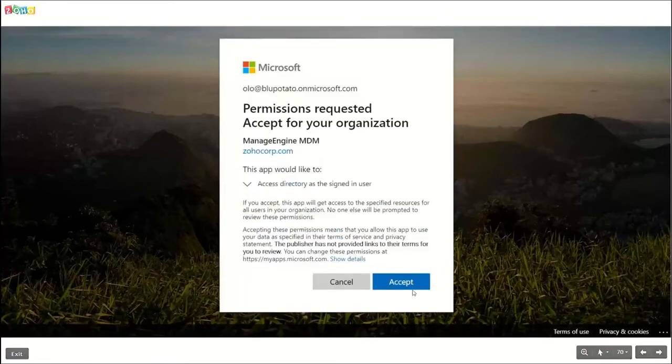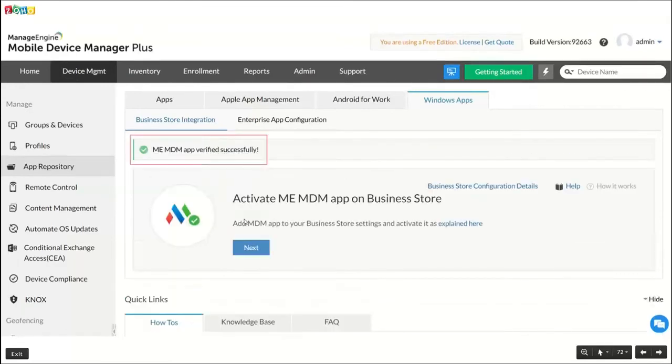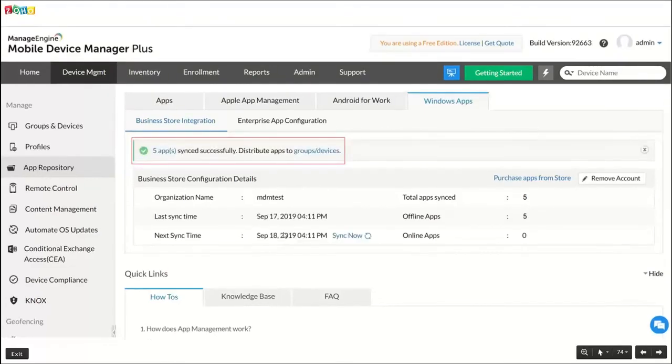After that, you can just accept the terms and conditions, which will prompt the MDM application to be activated from the console. From the MDM console, you proceed. So the application gets verified, and all the applications that you have added on the Azure portal will get synchronized under MDM automatically. So the applications will get synchronized.